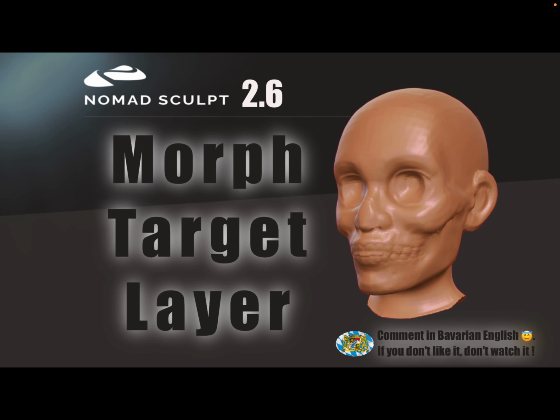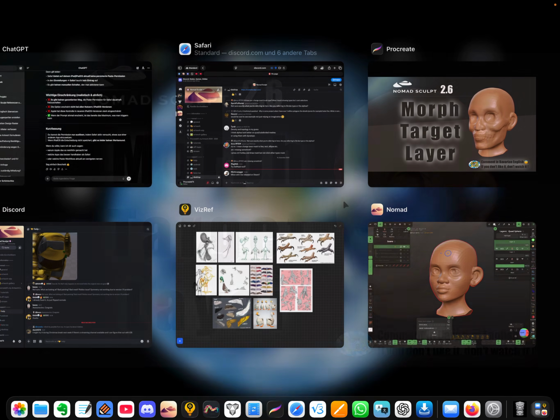Hello, Nomad Sculpt, and this video is just for fun. How to do a morphing effect to create a morph target with a layer. Okay, so